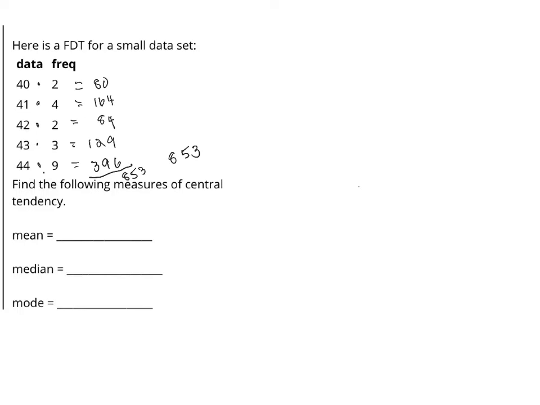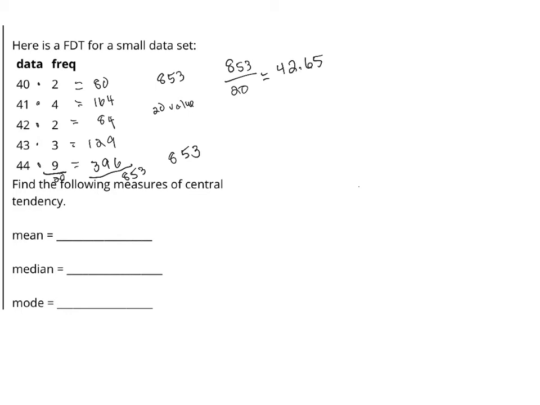And then we need this total, 9, 10, 11, 20. So our total is 853, and we have 20 instances, or 20 values. So to figure out the mean, we're going to take the total 853, and we're going to divide by 20. Use your calculator, and you will get